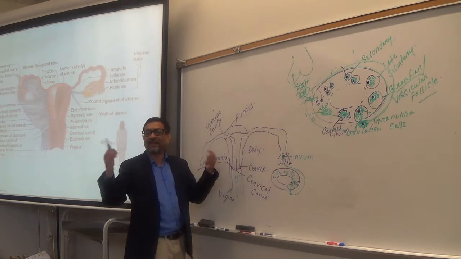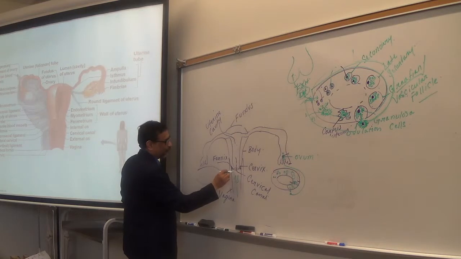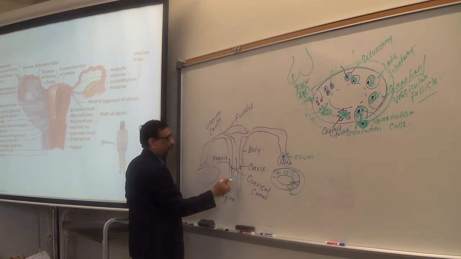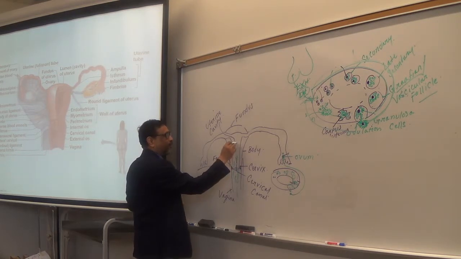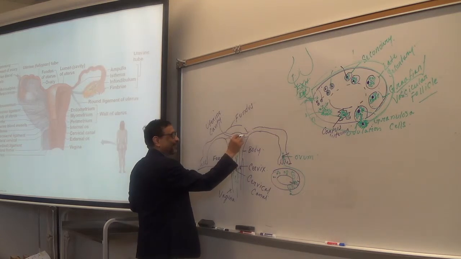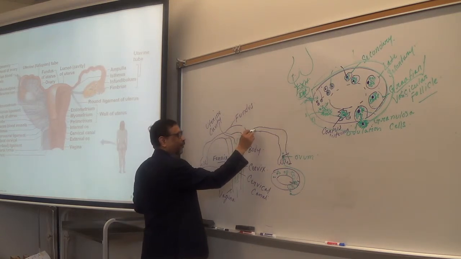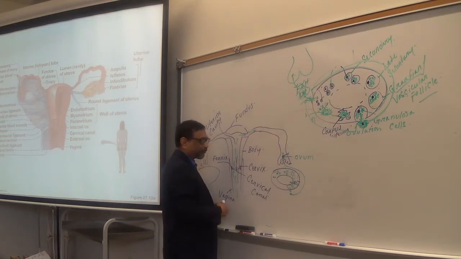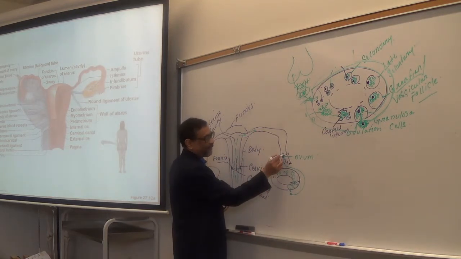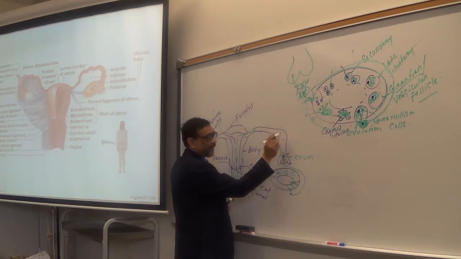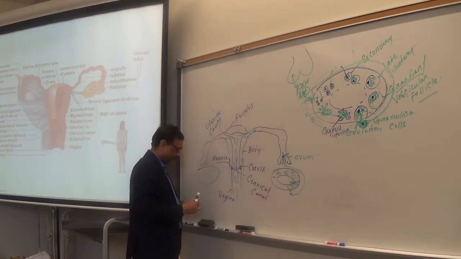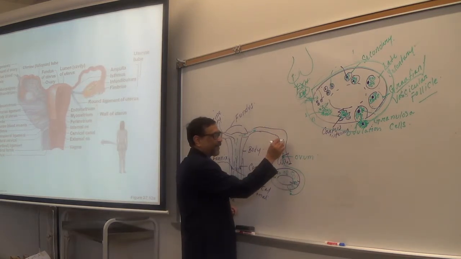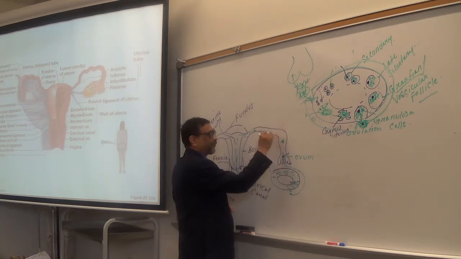But sperm, like millions. So many sperm enter into the female body and travel a long way to find the egg, okay? Sperm travel a long way to find the egg, and when the ovum or egg arrives here, I told you to remember this part. What is the name of this part? Ampulla, very important, okay? So when the egg arrives here, this is the egg, sperm arrives here, and they meet